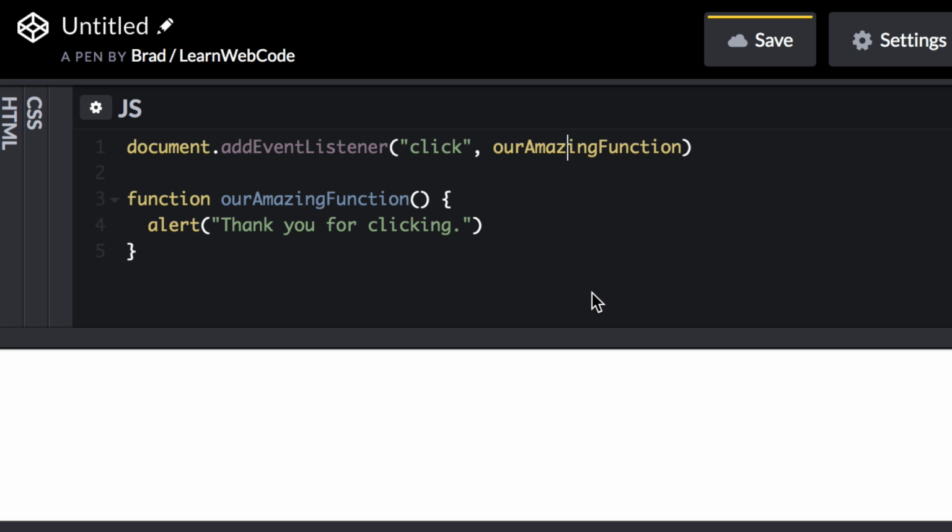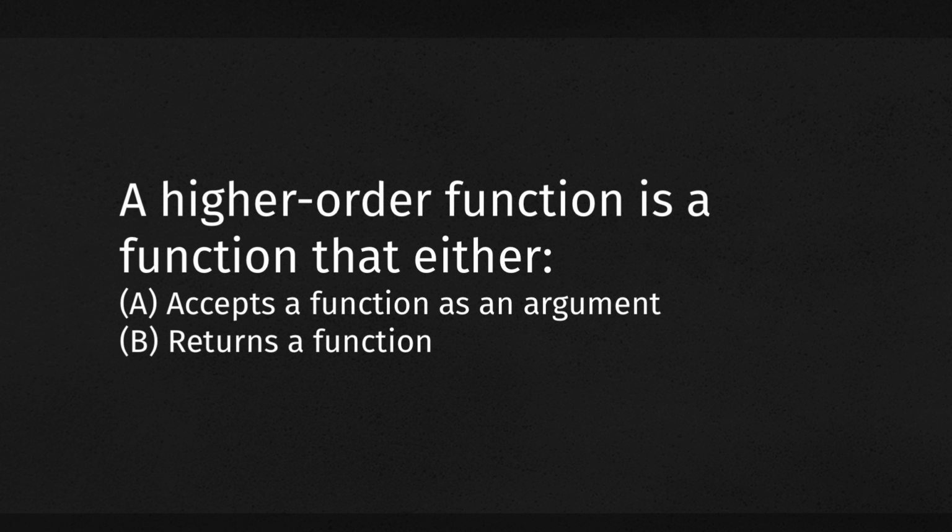But really quick, back to the definition, right? So a higher order function is a function that accepts a function as an argument and/or returns a function as its result. So we just saw an example of the first part of that definition, right? We saw a function that accepts a function as an argument. And now the last part of the definition, a function that returns a function as a result,